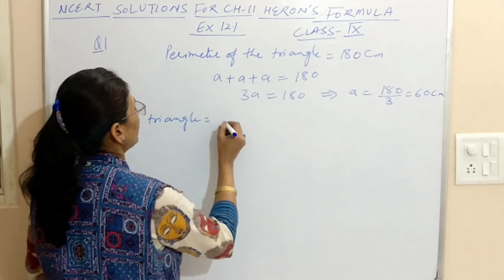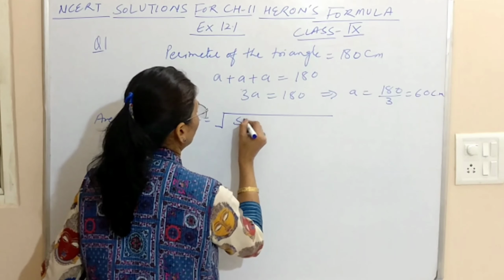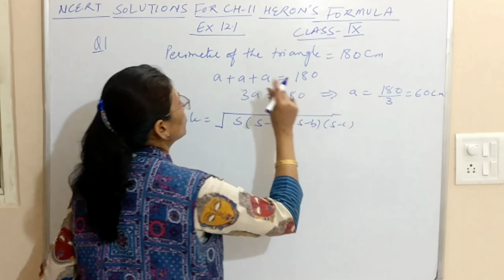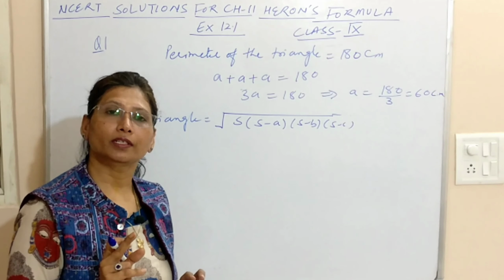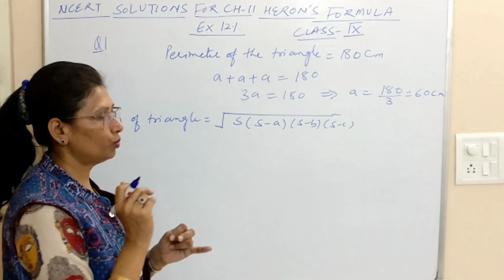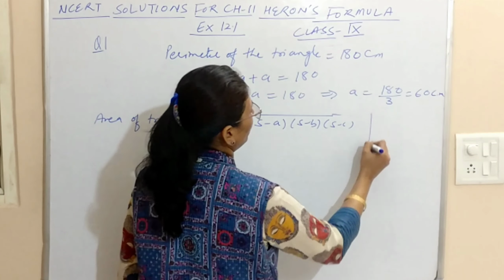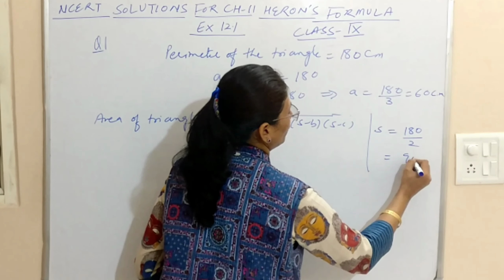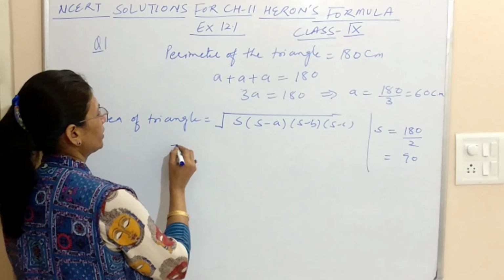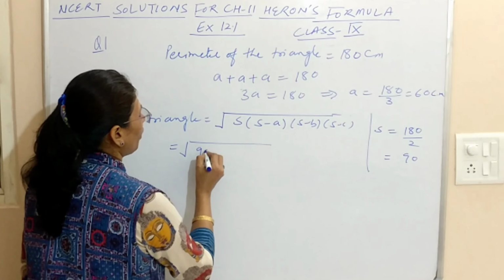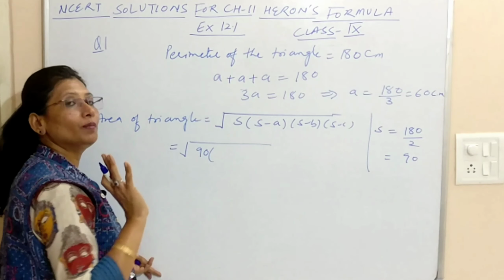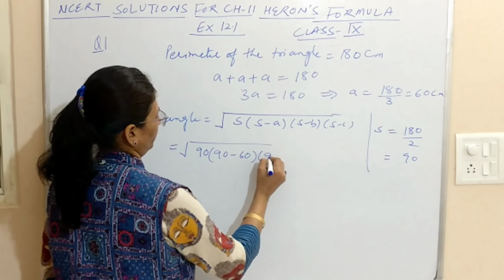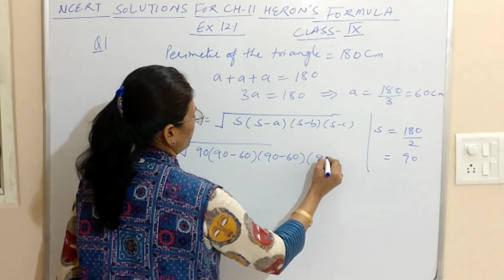After that, area of the triangle, if we apply Heron's formula, this is √(s into s minus a, s minus b, s minus c). Fine. So perimeter is given 180 centimeter. So s stands for semi perimeter. तो सबसे पहले हम s निकाल लेंगे. आपका s क्या आ रहा है? What is s? S is sum of the sides divided by 2, that is 90. s की वैल्यू हमारी 90 है. यहाँ पर s की जगह हम 90 रखेंगे और all sides a, b and c will keep 60 because सारी sides equal है. So this is 90. So we'll substitute.